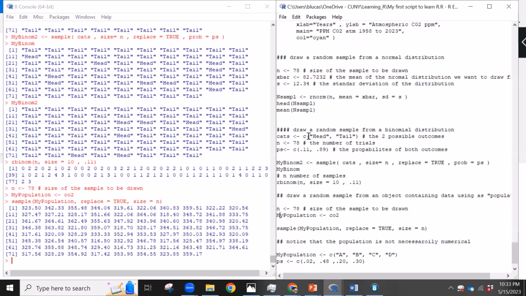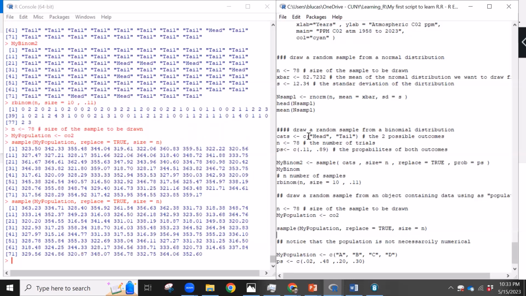I copied basically the time series into an object that I called my population, and I used that to draw 78 random concentrations of CO2 in the atmosphere in Mauna Loa. And so here you can see the result there. If I execute it again, by the way, you're going to have different numbers, because every time each of the